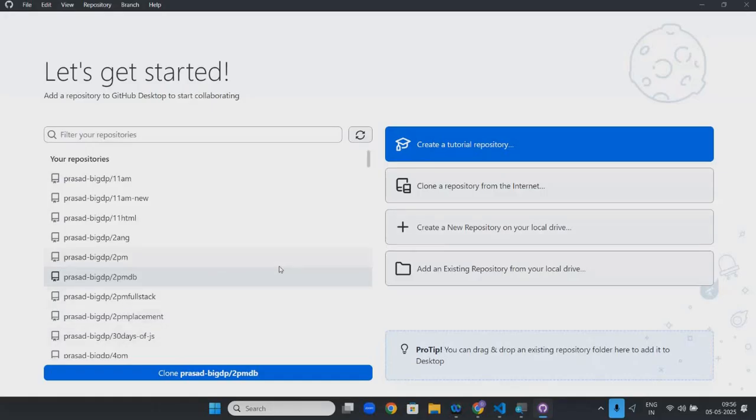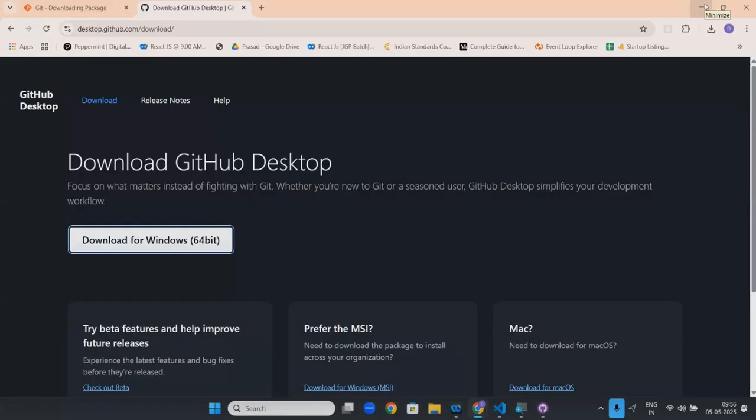Basically, it will take all the things. Just check it. Maybe some settings are missing for me.